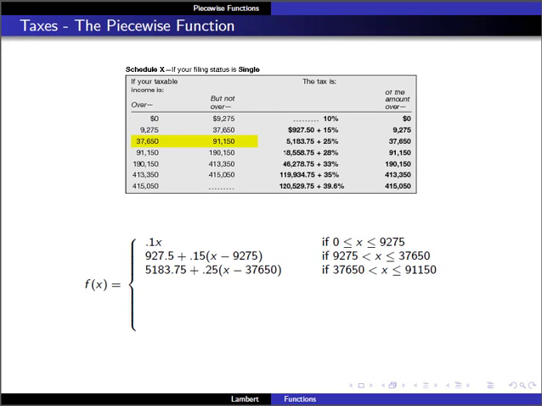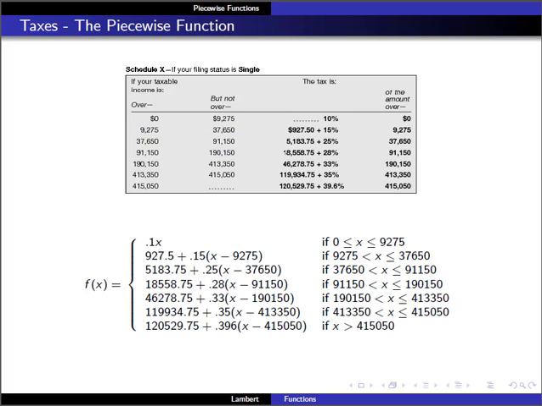Moving forward, we can do the next one. Just notice we start with that $5,183.75, and it's 25% on the taxable income over $37,650. And the range here for values is $37,650 to $91,150. We can complete the rest of the chart in the same manner, and what we have here is the idea of